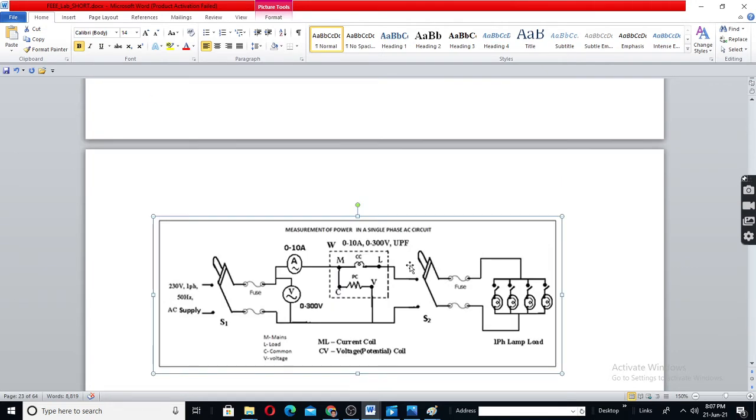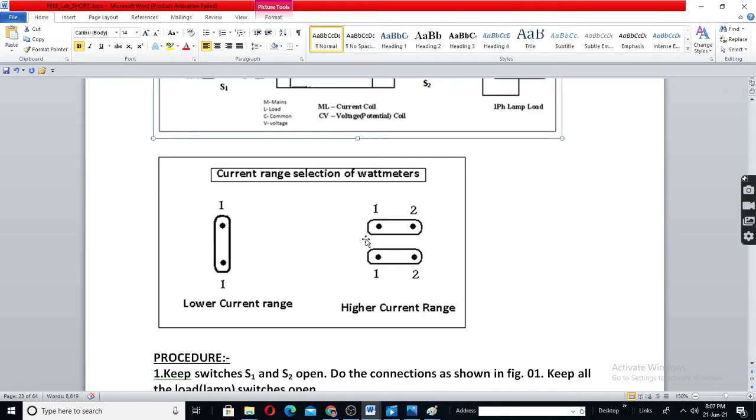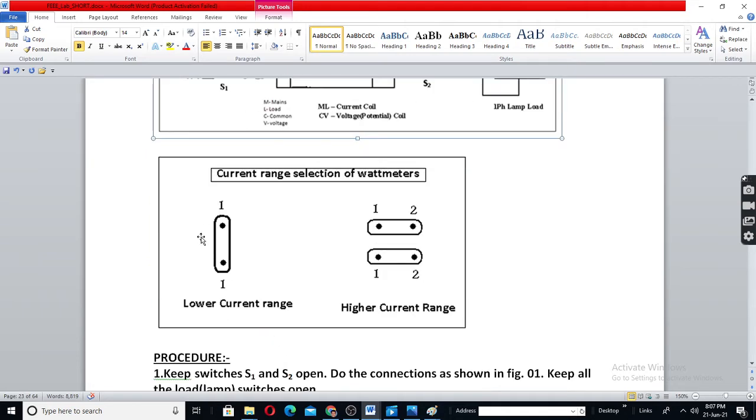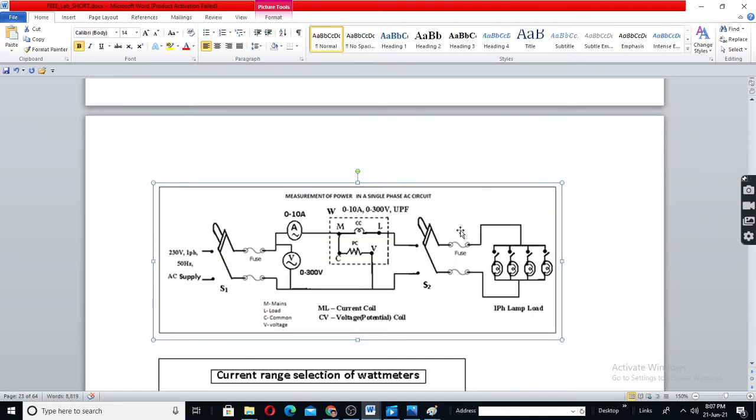Since we are going to apply around 6, 7 amperes maximum current, you have to select the 10 ampere current range. Otherwise, the wattmeter will get destroyed. The current coil will get destroyed, because if you select 5 ampere here and pass 6, 7 amperes, it will get overheated and burnt.